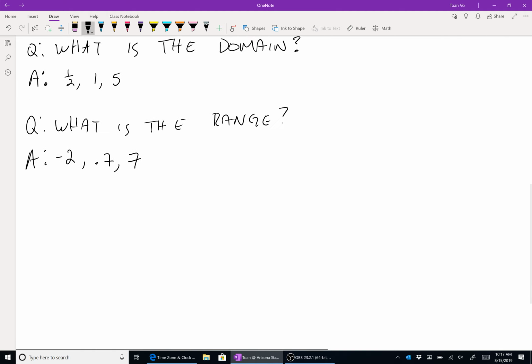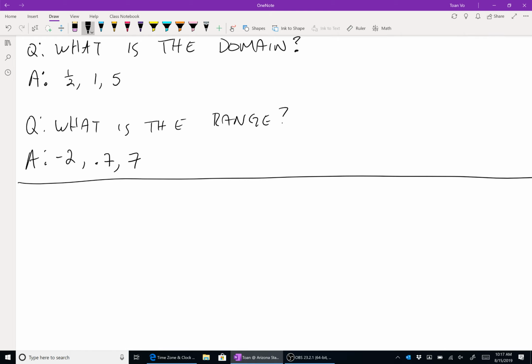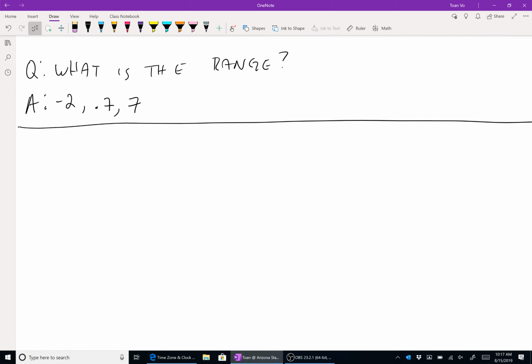I did say at the beginning that literally anything can be a relation as long as you link it together. I'm going to link green with frog. That's a relation. But we're interested in mathematics of one special type of relation, and we call that special type a function. Now, the definition of a function is it's a special type of relation. It's a relation for which